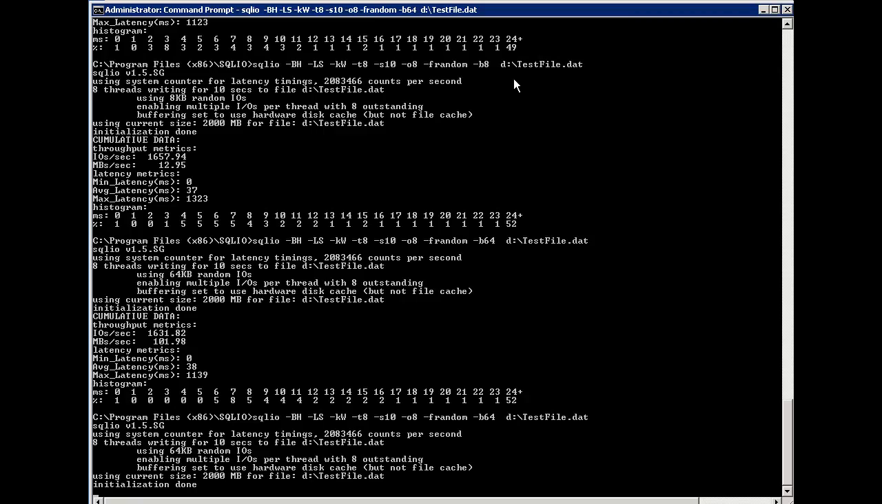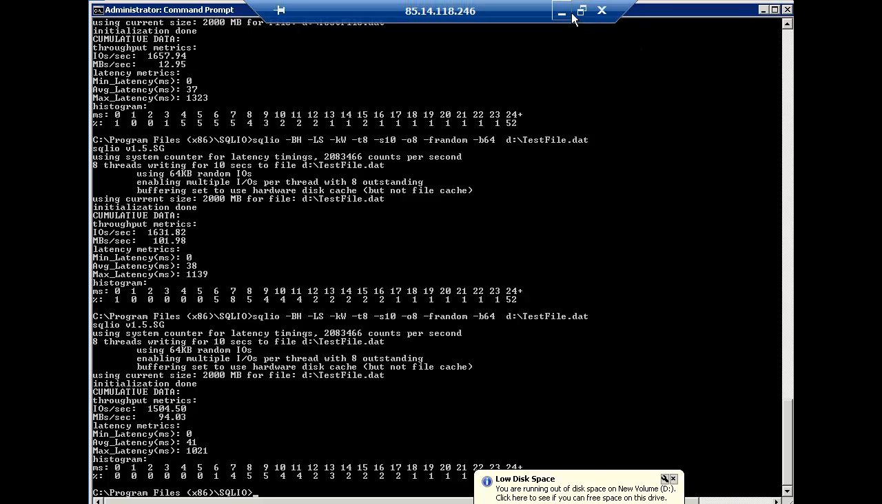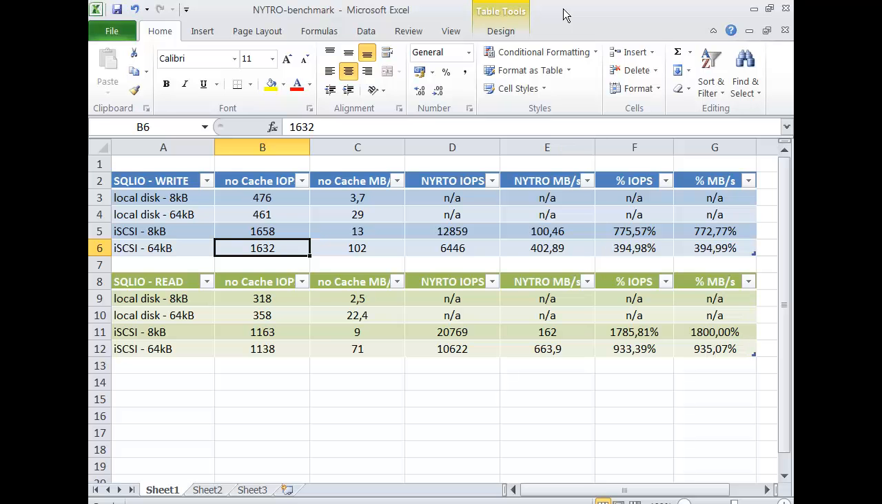So with 64K, I have almost the same I/O, but of course better results in megabyte per second. So here I have 1504 and about 94. Okay, so that was the test without